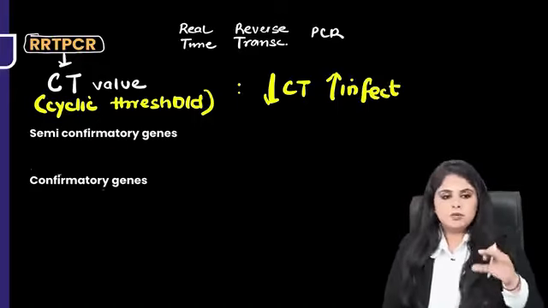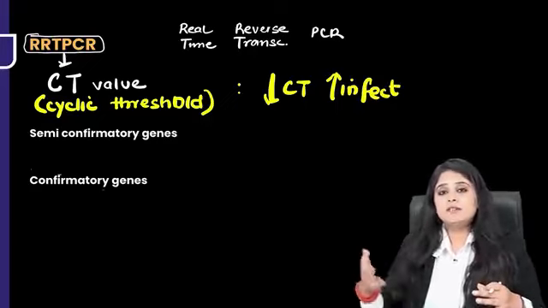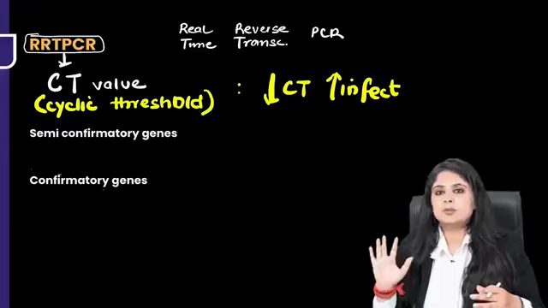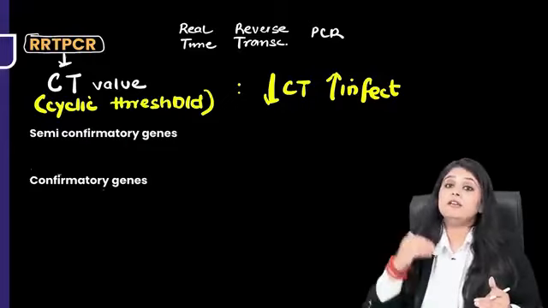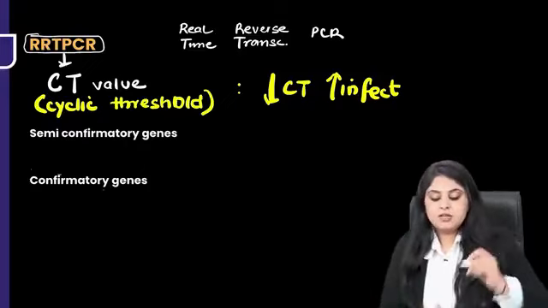So if people had CT values of 10, 12, they had very bad survival. People who had CT values of 20, 22, we were not worried about them. So the lower the CT value, we were very, very worried. That is, the lower the CT value, the more the infectivity. So if you remember,